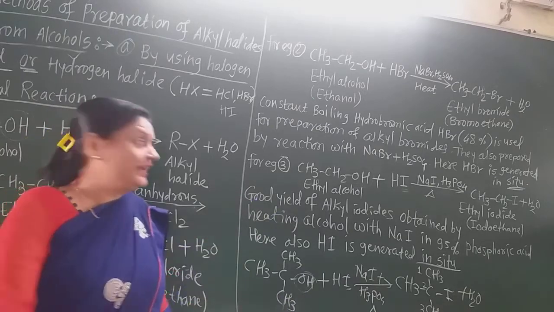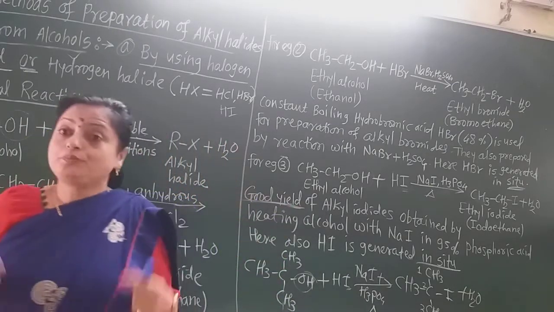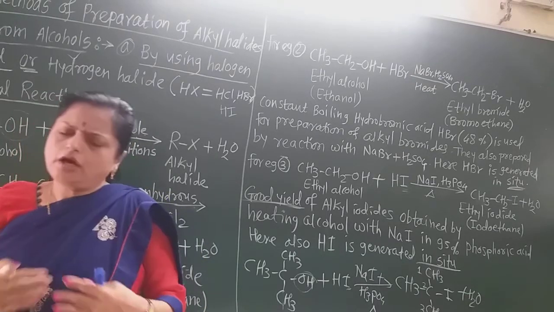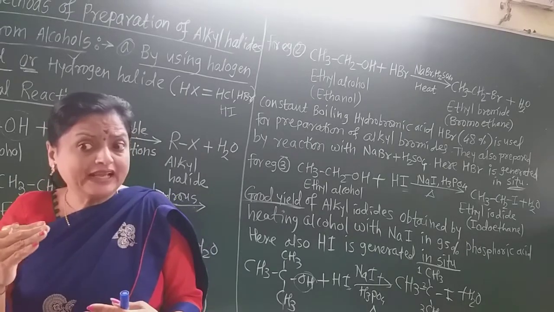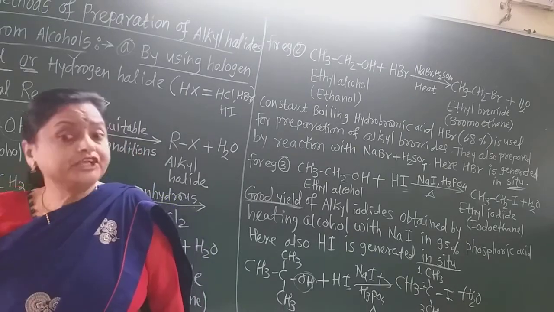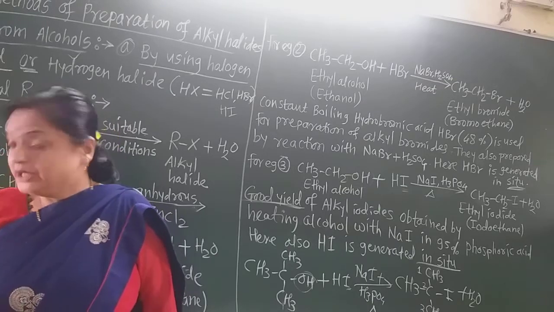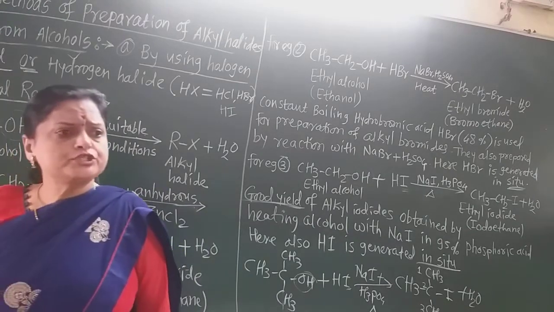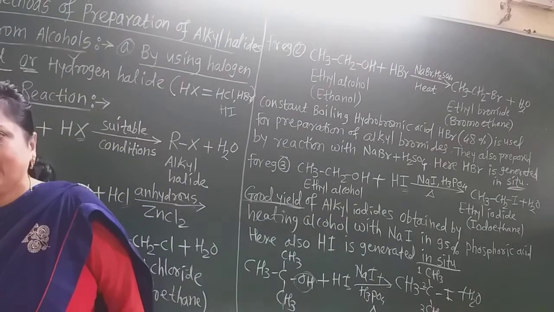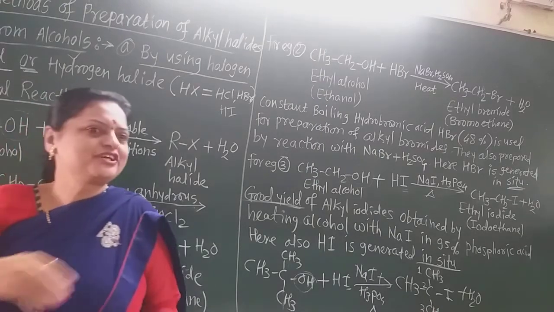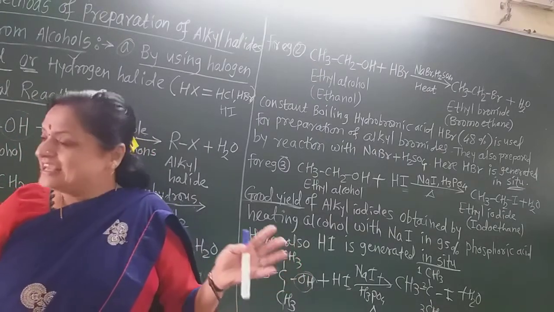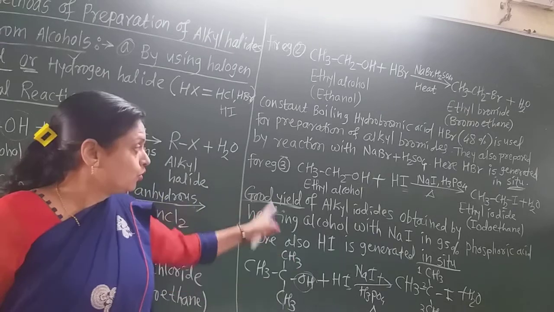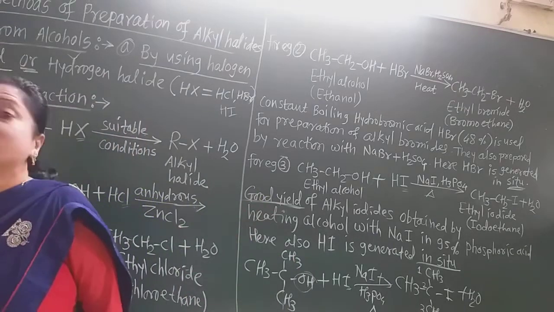So good yield means maximum yield. If we use 100% raw material, you must obtain a yield up to 90%. That is a good yield. Efficiency is more. If you use 100% raw material and only 20% product is formed, what will be the loss to that industry? The industry will collapse, and you, the chemist, are of no use there. So you must think in such a direction that maximum yield, good yield, maximum efficiency must be there.